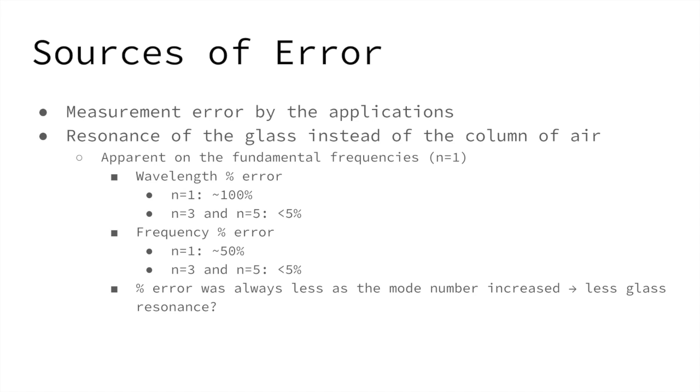There are a few reasons why we think this could have happened. Qualitatively, when we thought we were blowing the first harmonic, we could feel the glass vibrating, meaning that there were some wave vibrations of the glass itself. Quantitatively, however, our percent error was often huge for the fundamental frequency, but often pretty accurate for the third and fifth